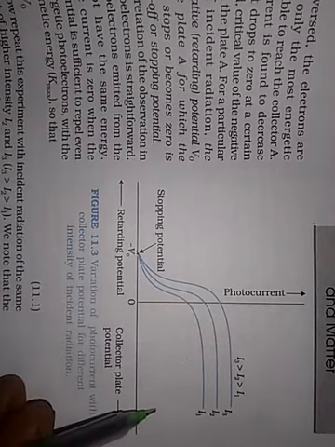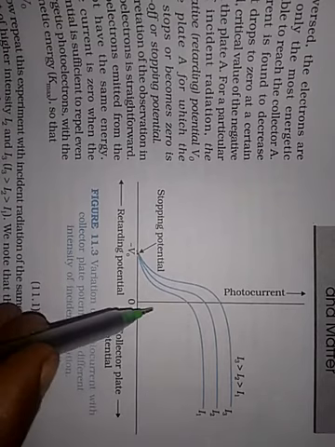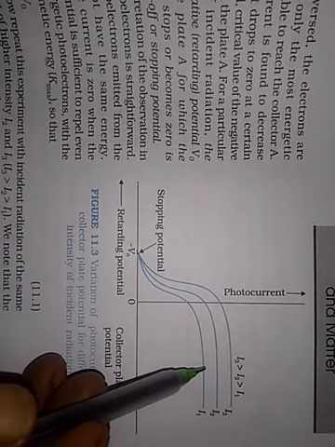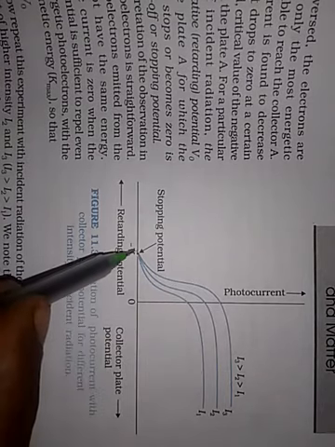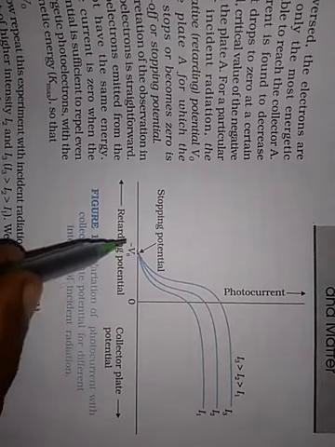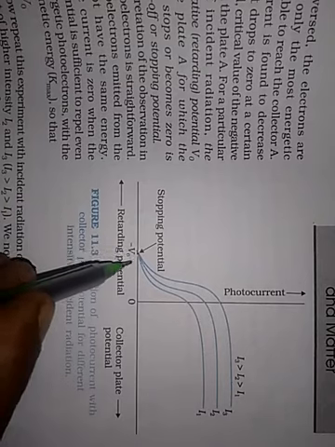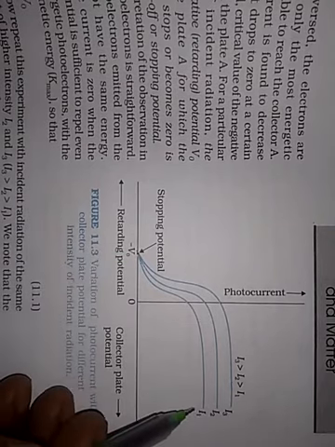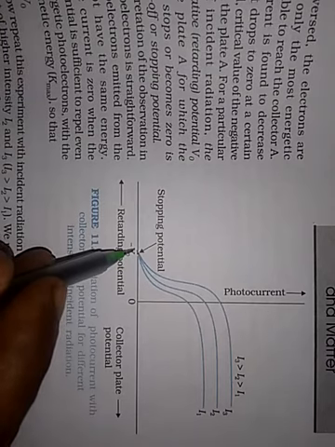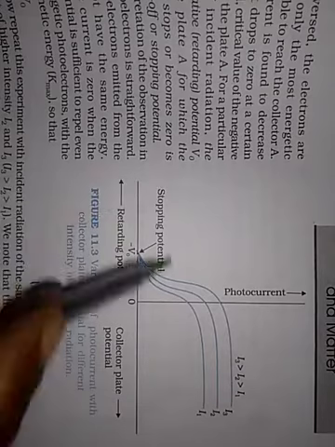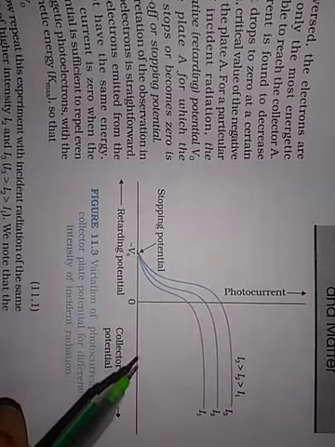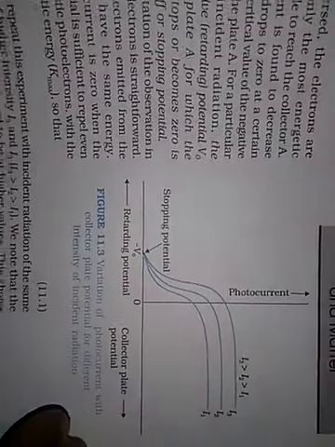But once you reverse bias, that is, the anode is given negative and the cathode is given positive, all the 3 show that the stopping potential is the same. Suppose this is minus 20 volts or minus 10 volts or minus 3 volts, for all these 3 intensities of light sources, the stopping potential is the same. In this experiment, we are not changing the wavelength or the frequency of the incoming light source. Okay, next is